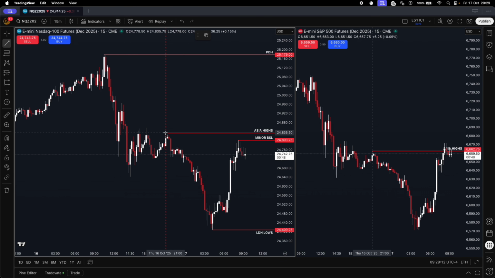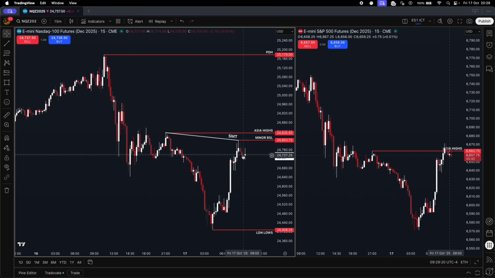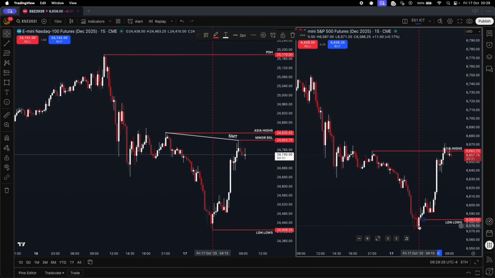Alright, so bearish SMT, which you can see that. Asia highs. So I don't really mark SMTs until the trade's actually in place, because likely that price is going to continue high and just destroy the SMT, and I got to keep remarking it. Right, it's just a waste of energy, but I'll do it for the sake of the stream. And then we have London lows.